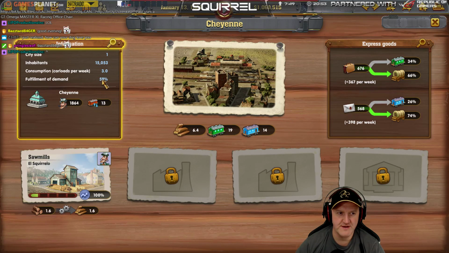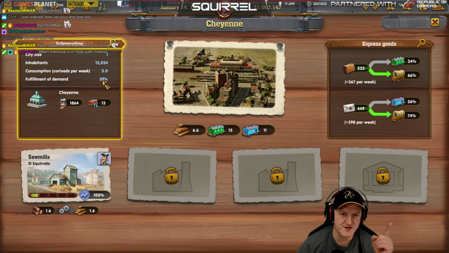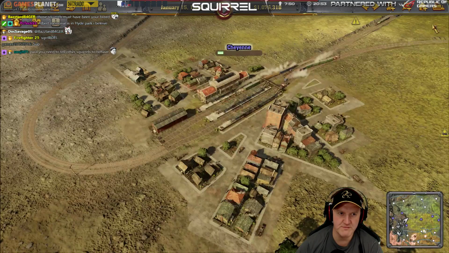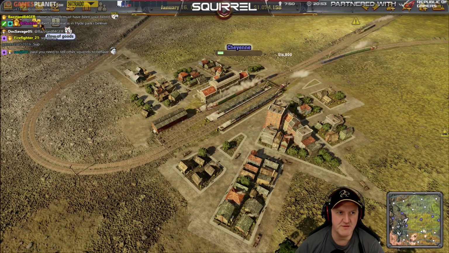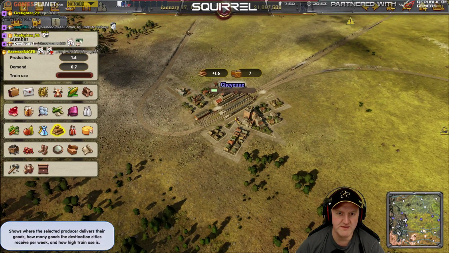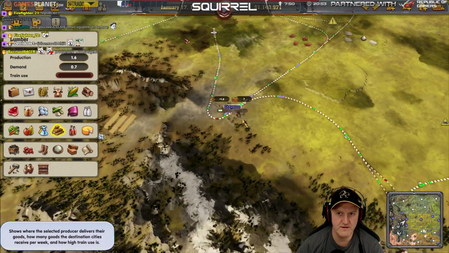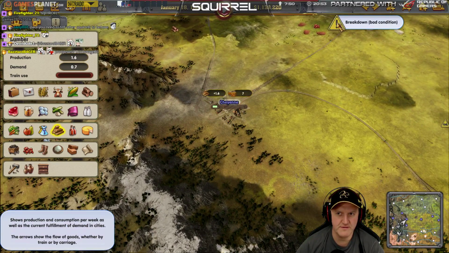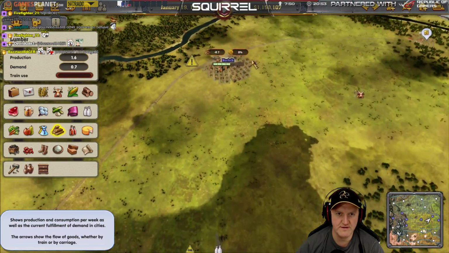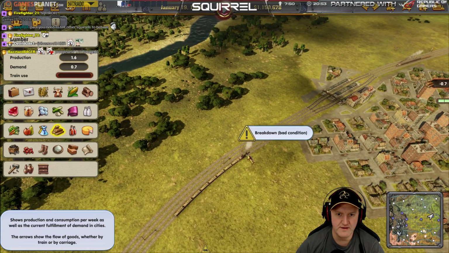Cheyenne is 59% fulfillment of demand, which is not good enough because it needs to be 60 so that it grows. Meanwhile, lumber, where does the lumber go? If we bring up the flow of goods and click on lumber, we should be able to see where it's going. But we can't. Breakdown, bad condition. Okay, so he's...